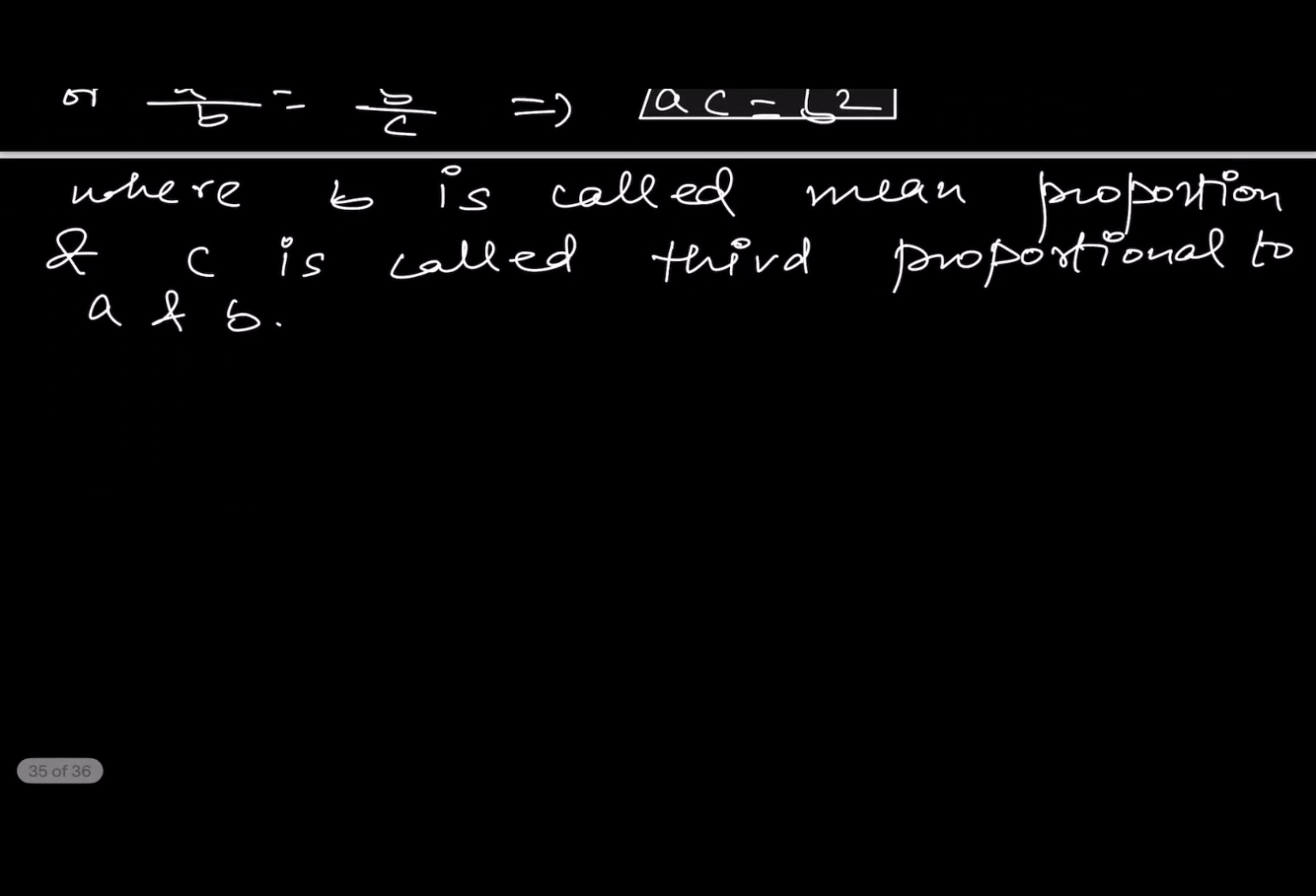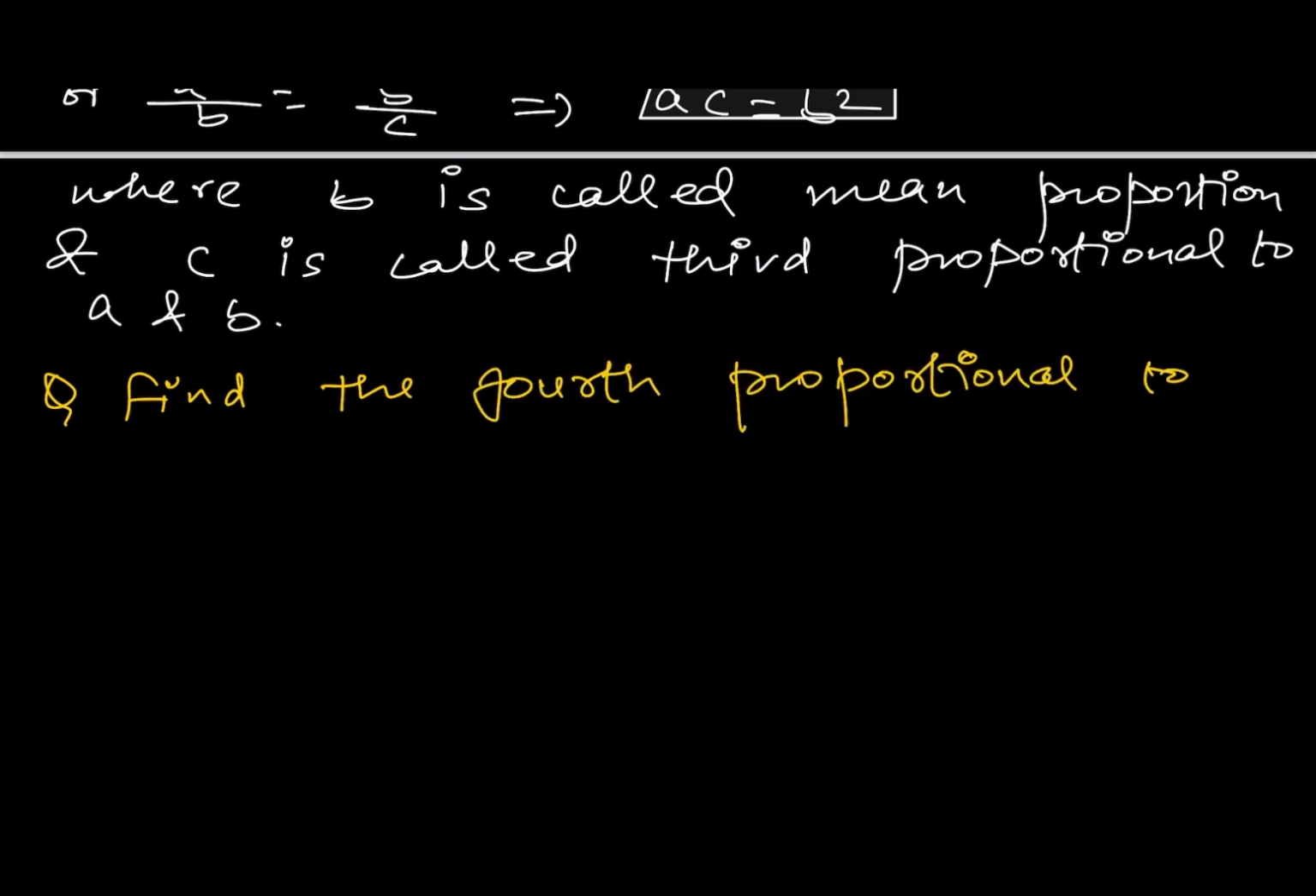Now let us write some questions. Question is, find the fourth proportional to 3, 5, 27. So students, if A is to B as C is to D is given, then A, B, C, D are proportionals, right? Where A is first proportional, B is second proportional, C is third proportional and D is fourth proportional. Now here first, second and third proportionals are given and we have to find the fourth proportional,